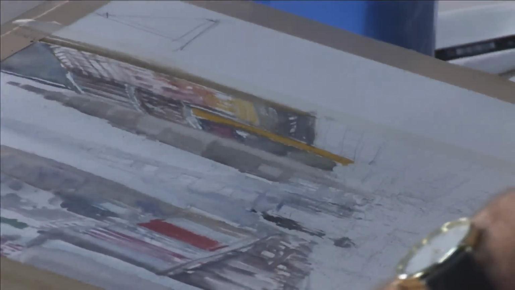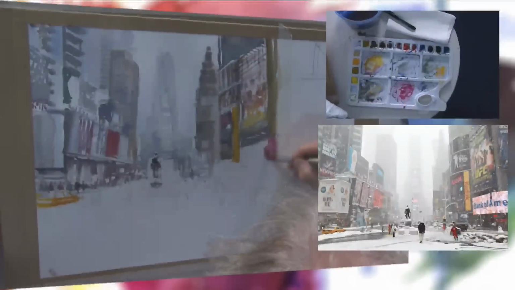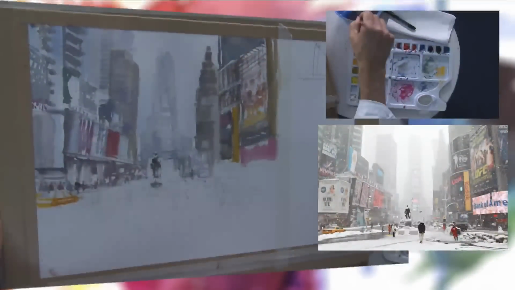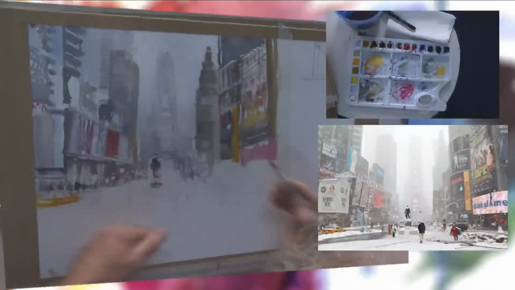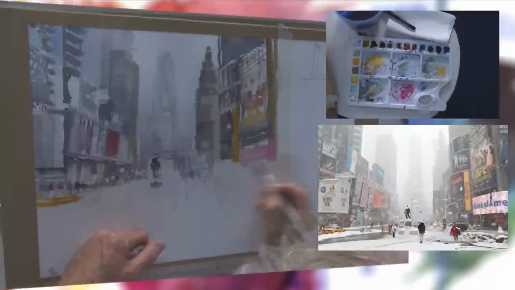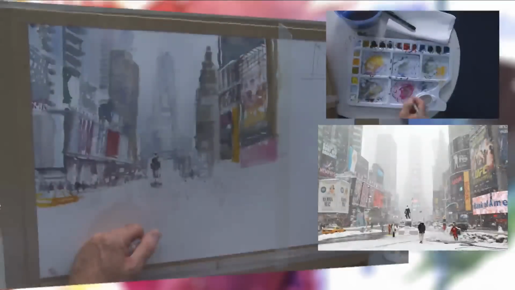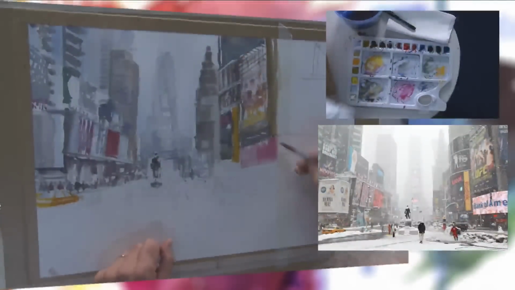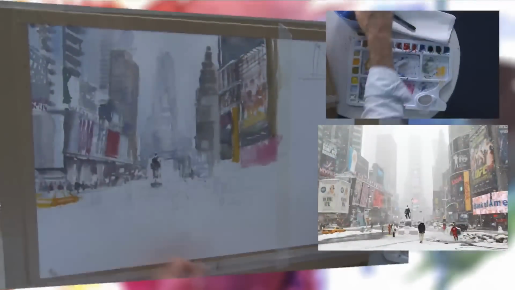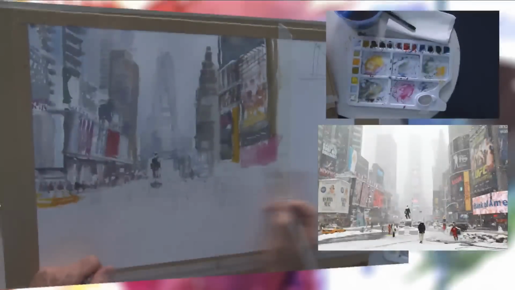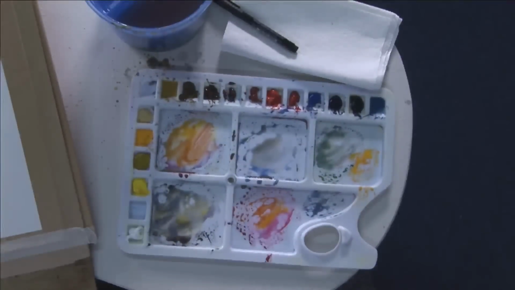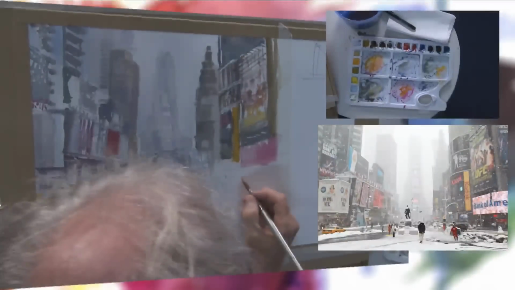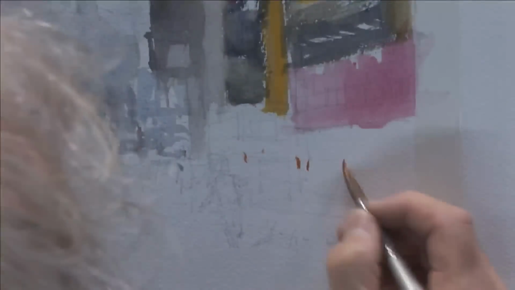We need to get some colour on here. This is more simple. This is light over dark instead of dark over light. So I can lay the lighter, thinner, watery washes willy-nilly, and provided I maybe add a little bit of extra tone on the right-hand side there, that will give me some depth and some recession. I'd like to paint on here, but it's too wet. So let's get some skin tones in on the right-hand side of the sidewalk, and I'll just populate this with, again, more figures